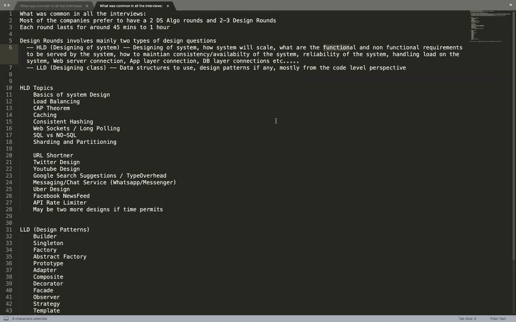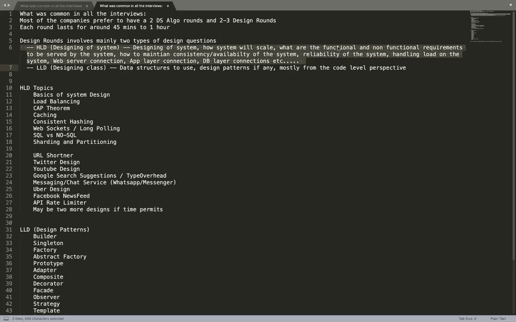So, let me repeat. I don't know how much you have missed. As I was mentioning, it took years for someone to design Uber or Google or YouTube. So they don't expect you to come up with a complete solution in 45 minutes, or scope out all the requirements and then write a solution for that. Generally in that case, you need to take a decision. You need to ask the right set of questions of the interviewer about what exactly they are expecting. You need to come up with the functional requirements, as I was discussing earlier as well, and those should be very limited functional requirements.